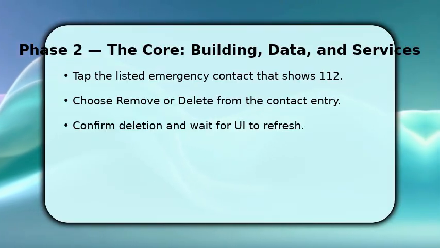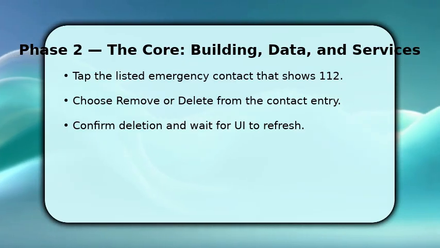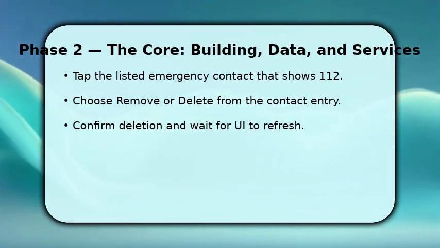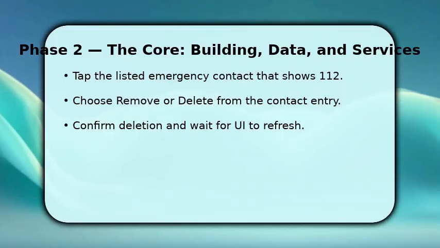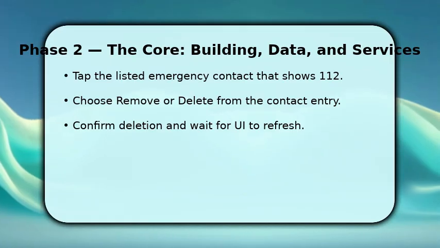You'll see Edit, Remove, or a trash icon. Select Remove and Confirm when prompted. This deletes the emergency shortcut. Once done, wait for the interface to update and check that the label no longer shows 112. If the option is grayed out, make sure you have Device Admin or Special Permissions disabled for that contact app,